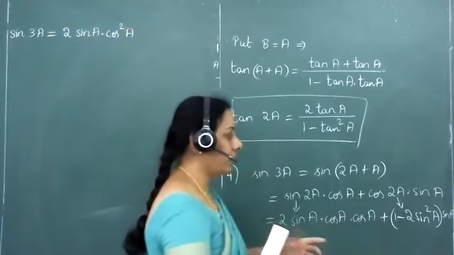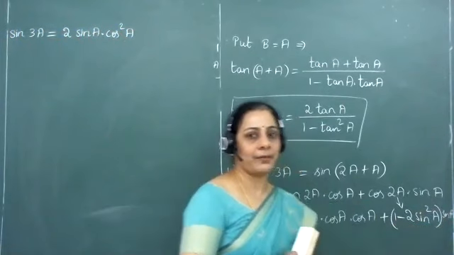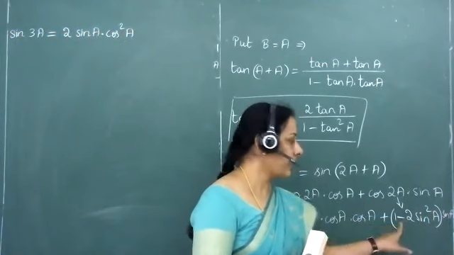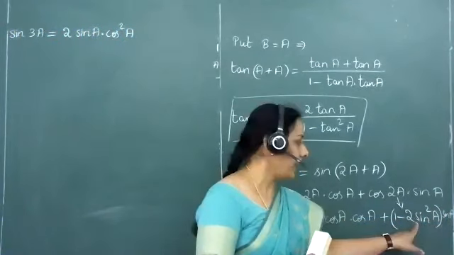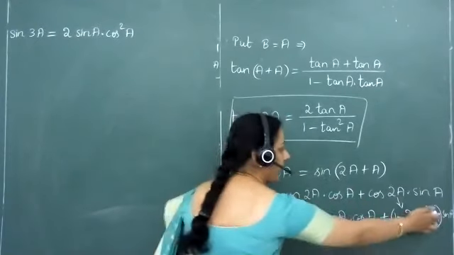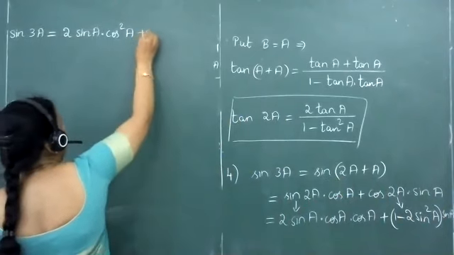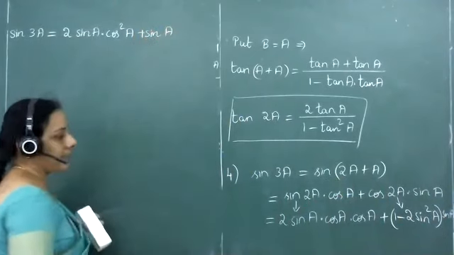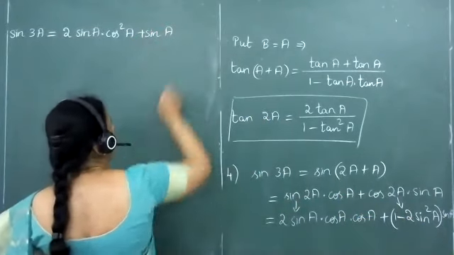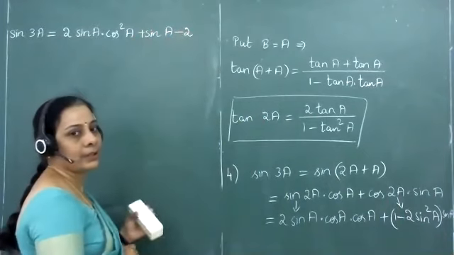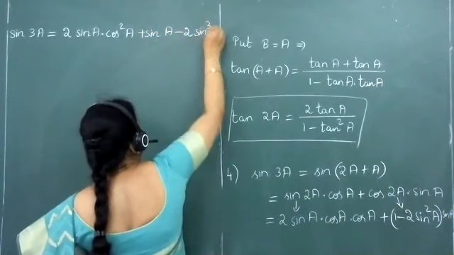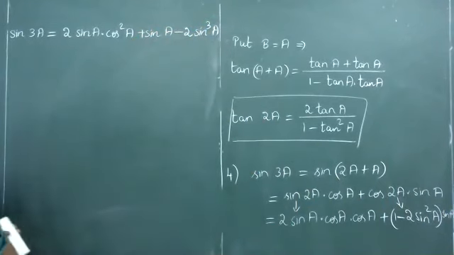And the second term here, you have to remove the brackets to simplify further. 1 minus 2 sin squared a into sin a will come as 1 into sin a minus 2 sin squared a into sin a. 1 into sin a will be sin a as it is, so you have plus sin a. Plus into minus has to change to a minus sign. So now I consider minus, there is a constant associated with it, which is 2. Sin squared a into sin a will now come as equal to sin cube a.